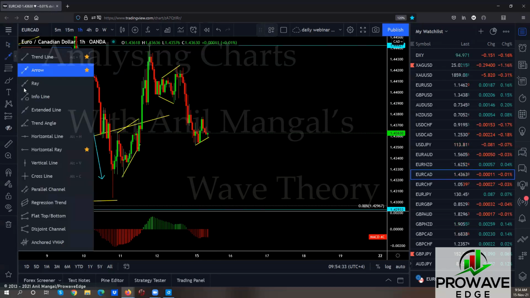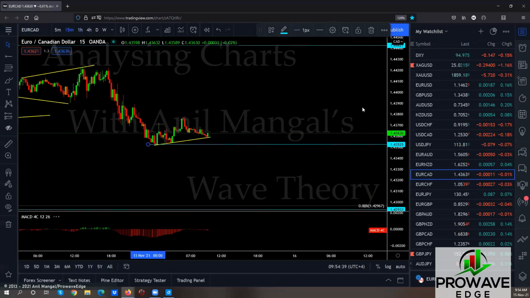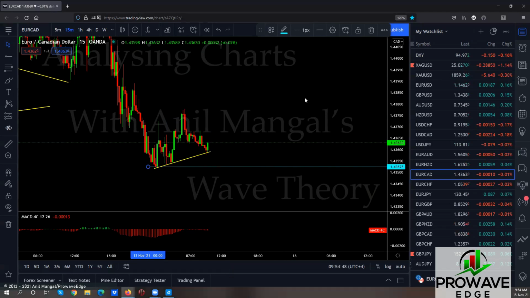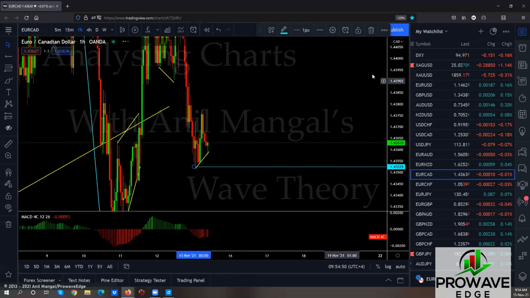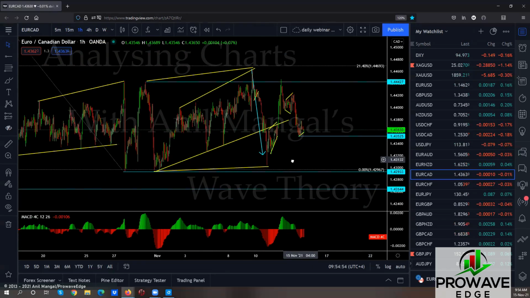This time we'll see if this totally breaks up. So the sell setup is here. We might get a better entry than that on the 15, depending on what this does, especially if this goes back up like this. And if they go back up like that, we might get a better entry. Can this stop here and totally go up? I don't think so, right? The structure is more downside than upside.